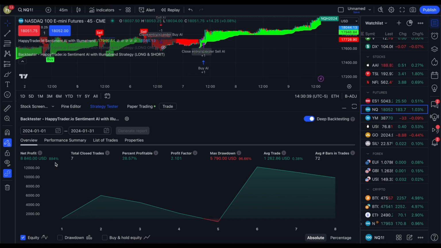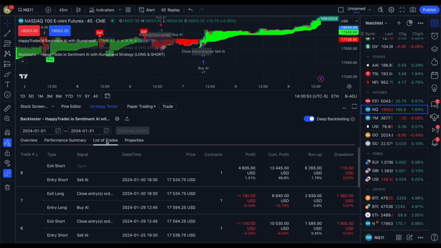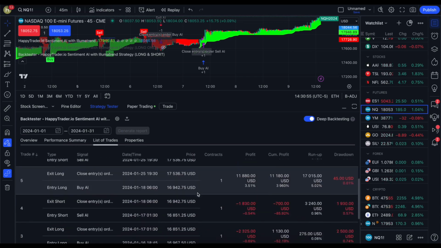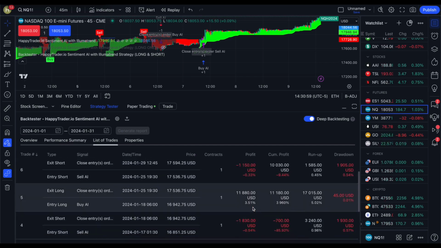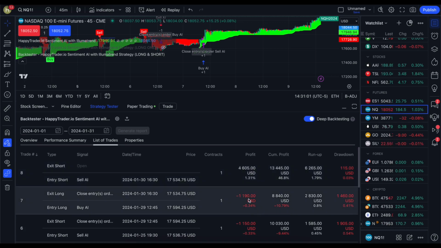That's crazy. I didn't expect it to be that high. I was thinking maybe 10%, maybe 7%, maybe 16%. Who knows, right? Somewhere in that range. But if we look at the list of trades, you can see that even shorting the market, these winners are just so much bigger than these losers, right? And that's the big thing.